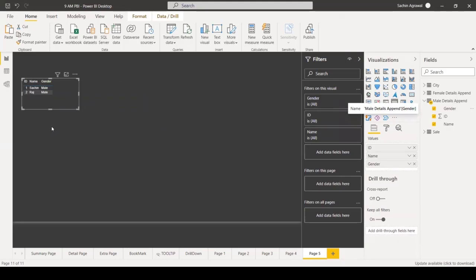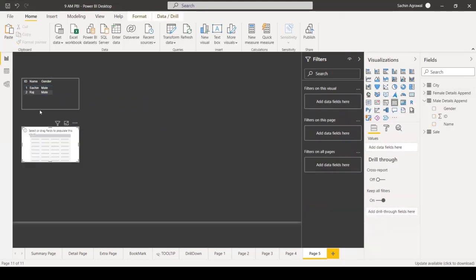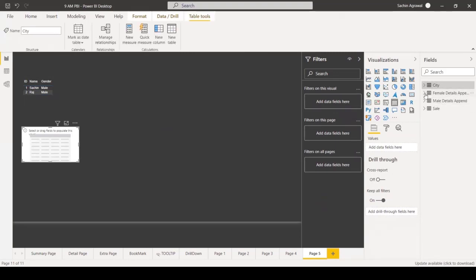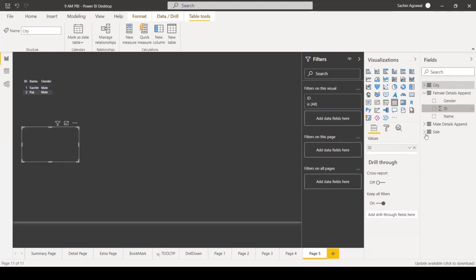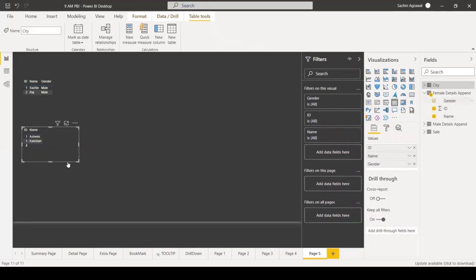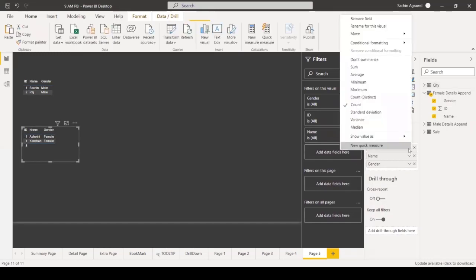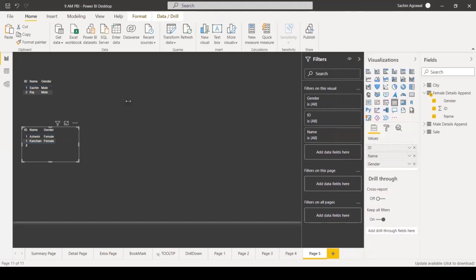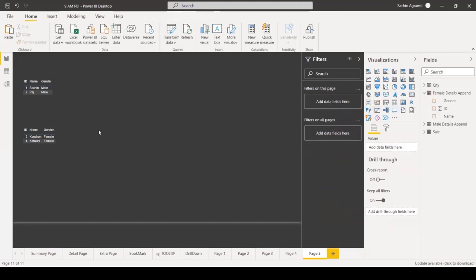Now, next I am going to add female data. Same thing. ID, name again, and over here, gender. See, again, same issue. ID is being made a count. So let's make it don't summarize. Now we have records 1, 2, 3, 4. So the client requirement is that instead of going with these two tables, I want a single table where